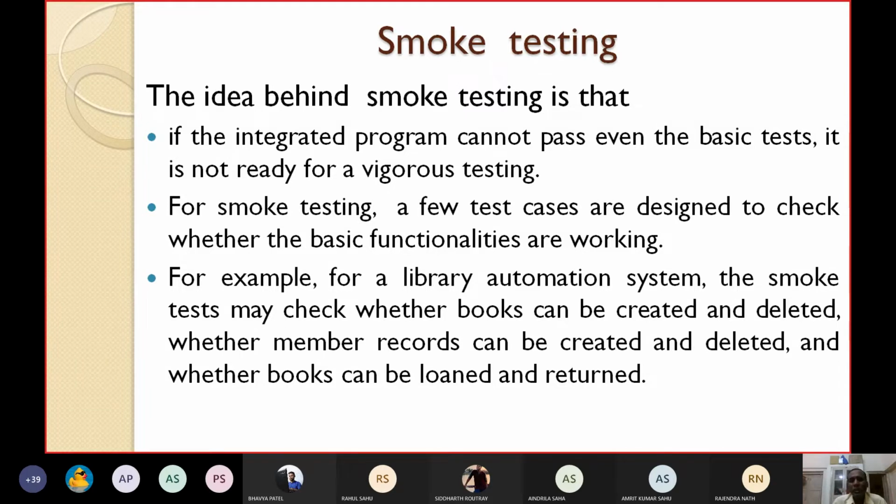These are the basic smoke test cases which can be used to test the preliminary functionalities. If they pass, then you can go further. If any of those basic functionalities are not working properly, don't go for further testing, because the preliminary features are not executing properly. Why should you go for the other tests? This can be ensured by smoke testing.